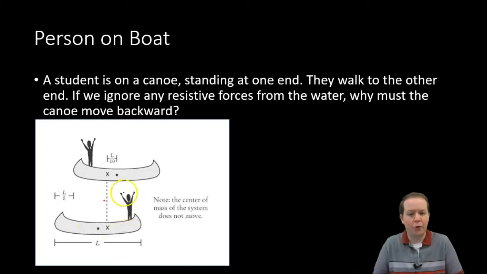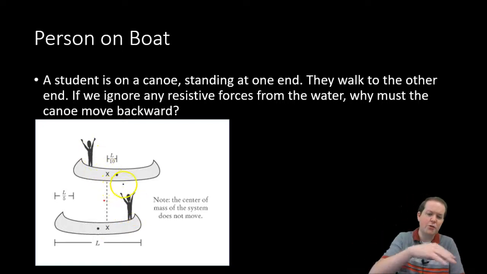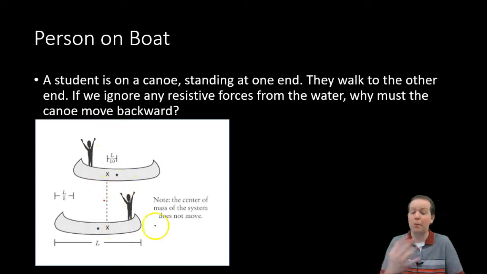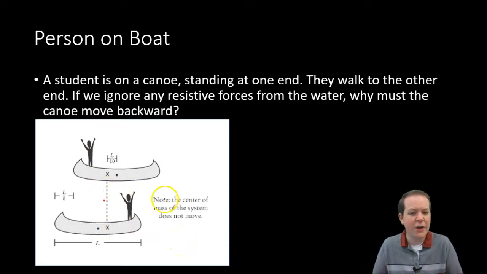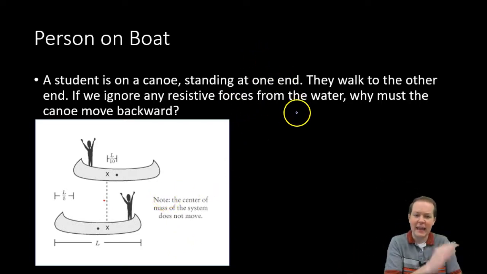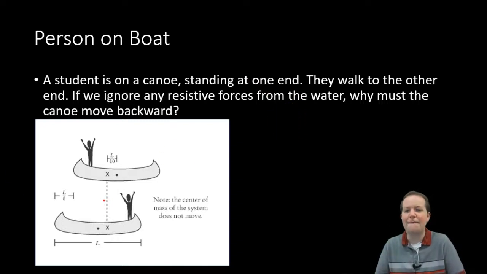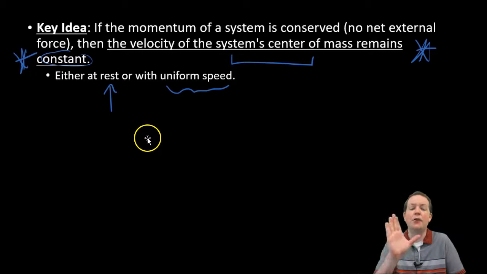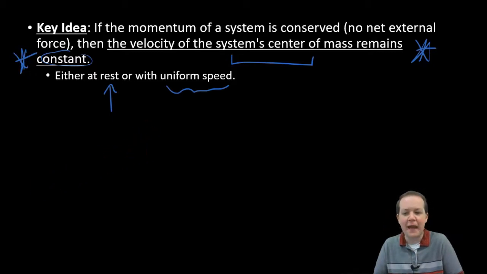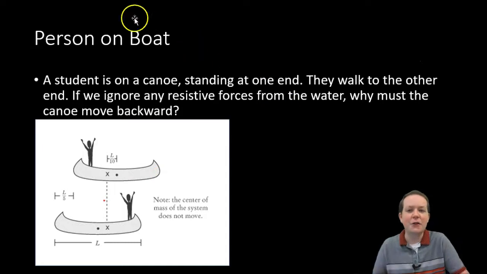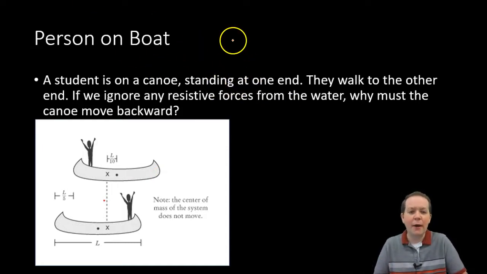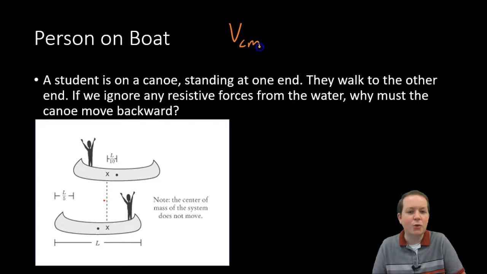Now, there's a few ways you could approach this. One, the person is applying a force on the canoe, and the canoe is applying a force back on the person, so the canoe is probably moving. There's a conservation of momentum thing going on here, right? Momentum needs to be conserved. If there's no net force, momentum needs to be the same at the beginning and the end. There's also that first idea we talked about. The motion of the center of mass for an object is constant if there's no outside forces. So if there's no outside forces, the velocity of the center of mass, and sometimes you might see it like this, the velocity of the system's center of mass needs to be constant.